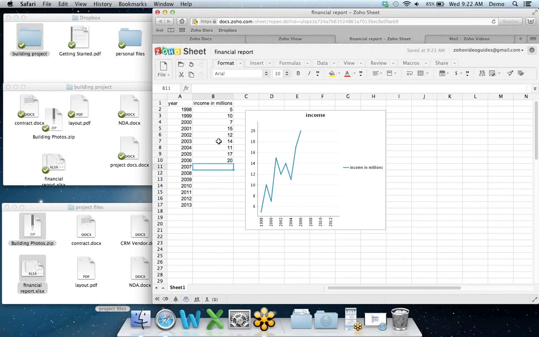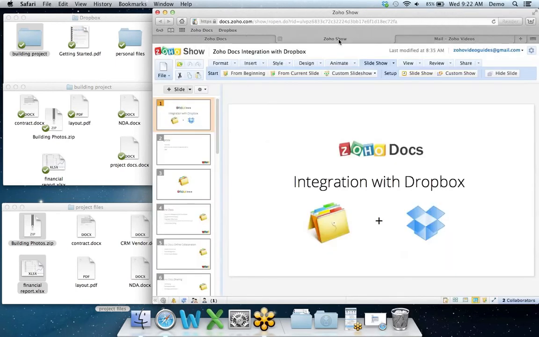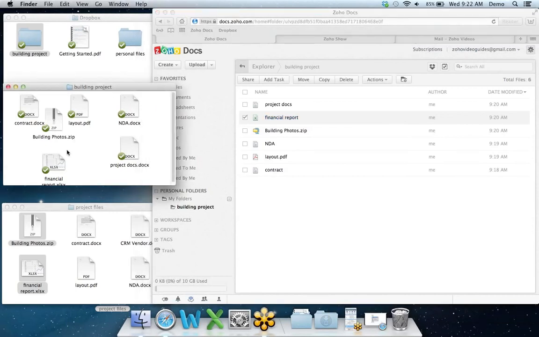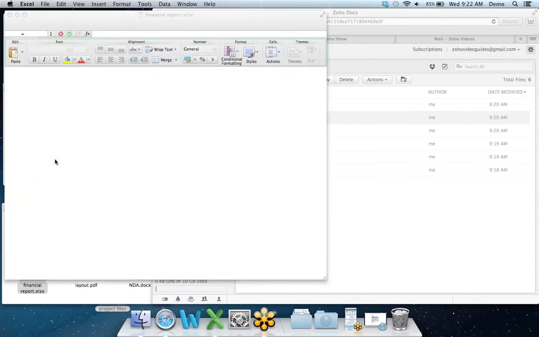So we're going to add those numbers there, and we'll see the graph change a little bit to show that those additional numbers have been added. So now we're going to see that that also was updated into our Dropbox folder. So we'll go back into here, and our financial report here, I'm going to go ahead and